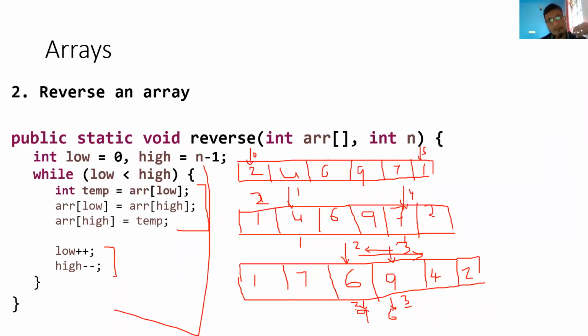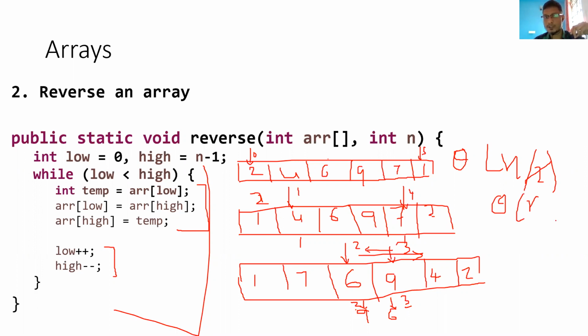So what is the time complexity here? Basically you need not do it for n elements here. You always do it n by 2 times, right? And this will not be big O, actually it will be theta, because you need to do it exactly n by 2 times. And if you ignore the leading constant, this will be represented as theta of n. I hope that is clear.